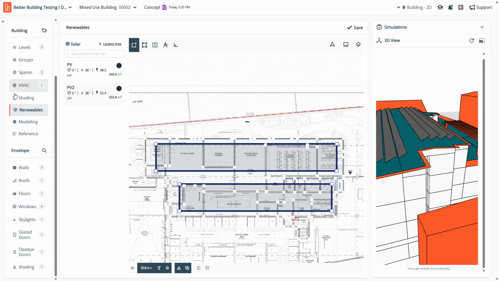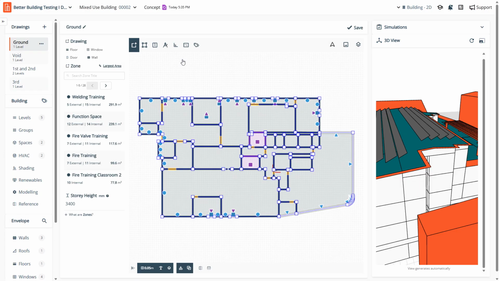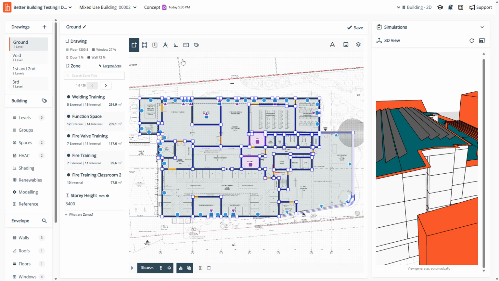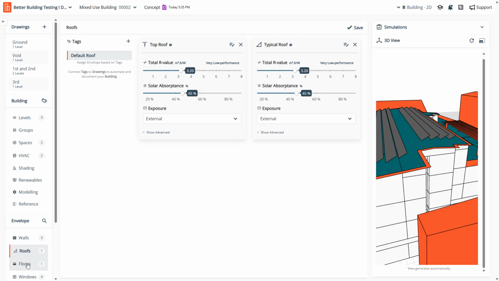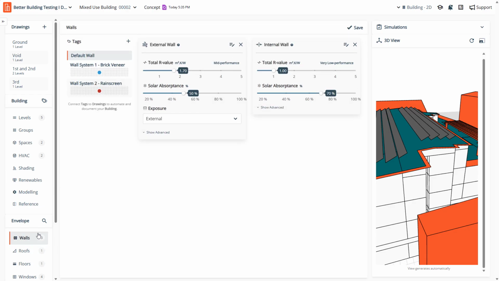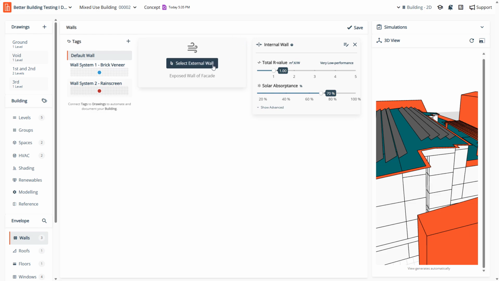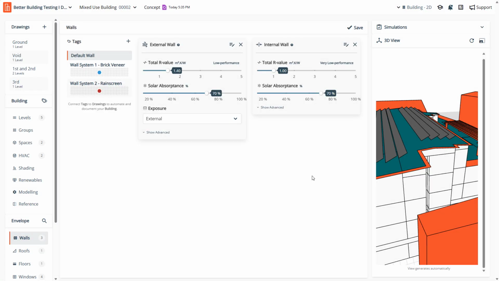One last element, and this is jumping around a wee bit, so I apologize for that, is that once we are specifying the walls, the roofs, the floors, etc., we have the opportunity to do a number of things in terms of how we specify the actual values that go in from a thermal performance perspective. Now, what you can do is specify as a concept, which is the example that I've led with here,